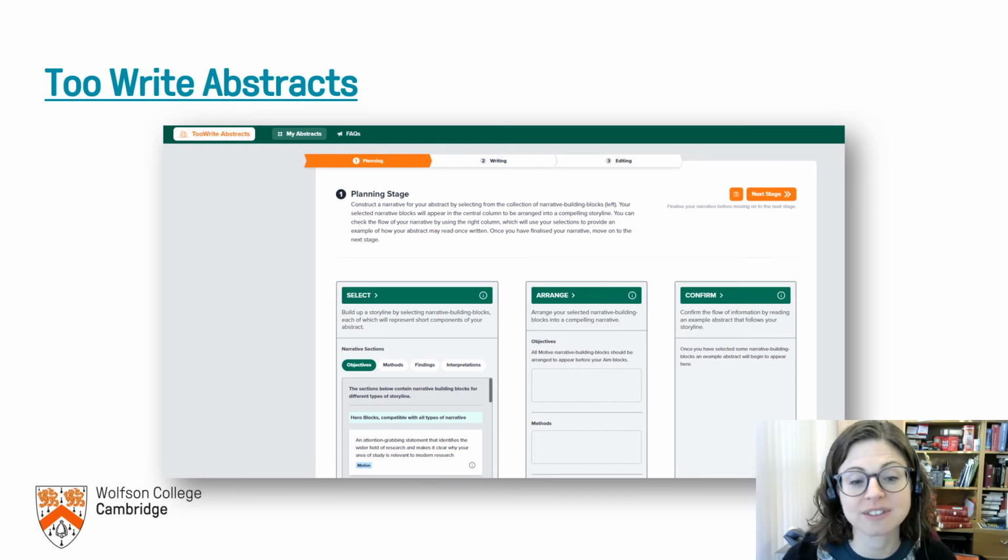And the way it works is very, very simple, as you can see. You choose building blocks, which are like questions in a questionnaire. So you would drag and drop them over. This will give you your structure, the kind of various areas that you want to talk about. You then answer those questions in the questionnaire. It will then merge them all together and it will create an editable chunk of text for you to go back to refine and to add a bit more nuance to.